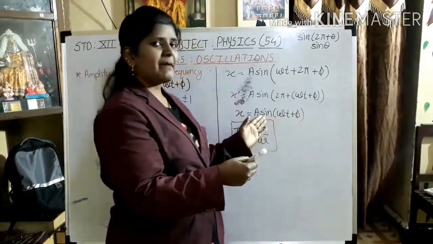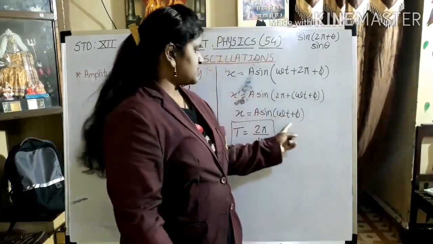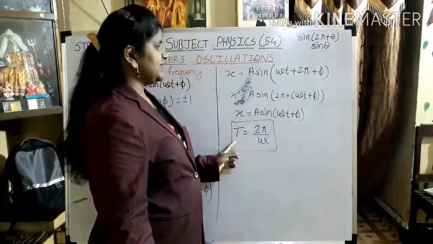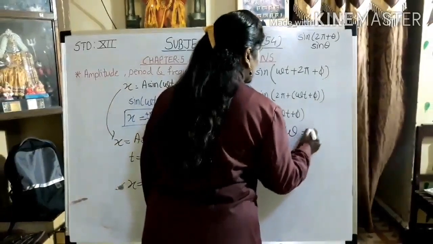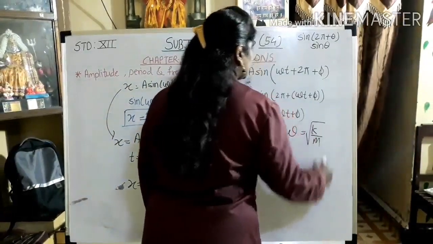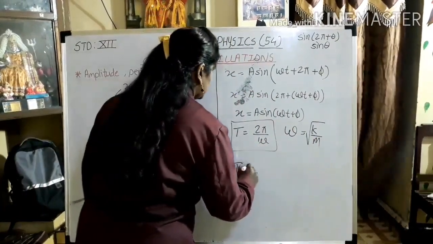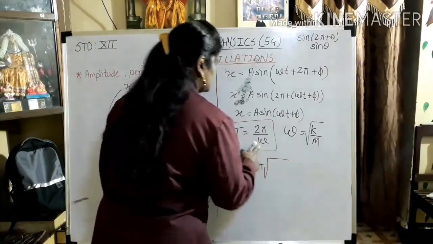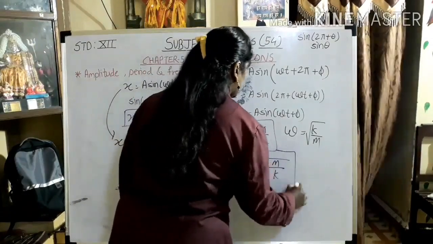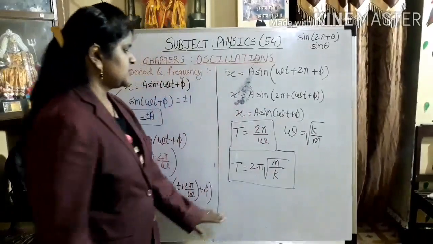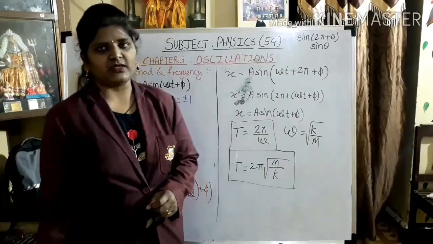In this case, the same happens over here. The particle goes through 2 pi by omega and again comes back to the same position, right? So we are getting periodic time as 2 pi by omega. As we all know, omega is nothing but root of k by m. So I can put this value over here, and I will get T is equal to 2 pi under root m upon k, with k in the denominator. So we have got the value for periodic time, which is 2 pi under root m upon k.